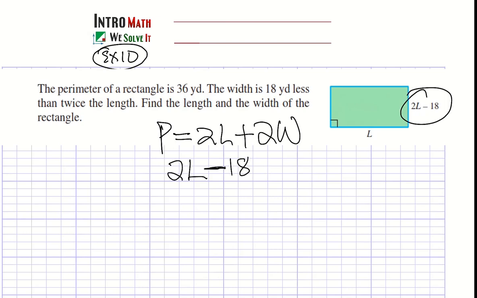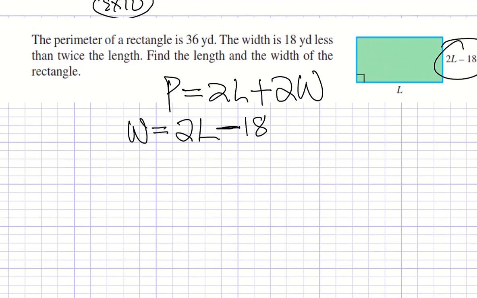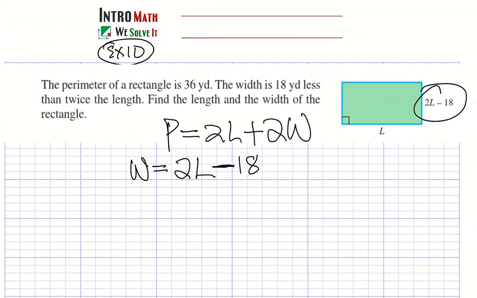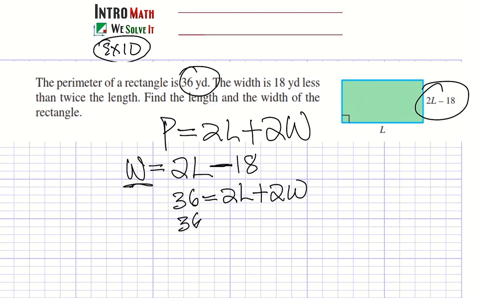Okay, so this is the width. The width is that. Okay. You just take what is given to you, then you put it in the original. And don't forget the perimeter is giving us 36. So we'll have 36 is equal to 2L plus 2W. And you're given that W is that. You said 36 is equal to 2L plus